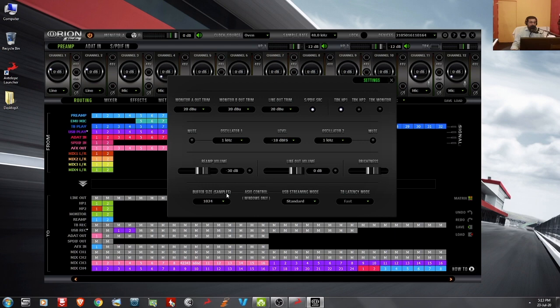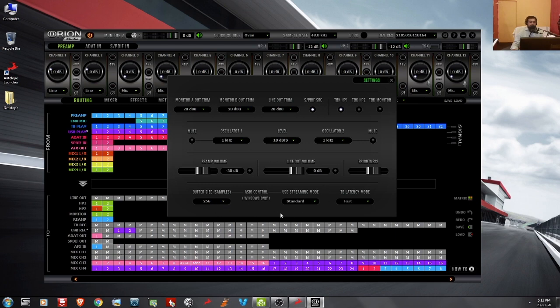Next we have buffer size options here. So as it is connected with the USB and it is using Windows, we are getting this option for changing the buffer size. You can pretty much select auto. So if you have a good system, you can pretty much go low latencies. You can select lower buffer size. So I usually work with the 256 buffer size with this system because this is a 4th gen i5 based system.